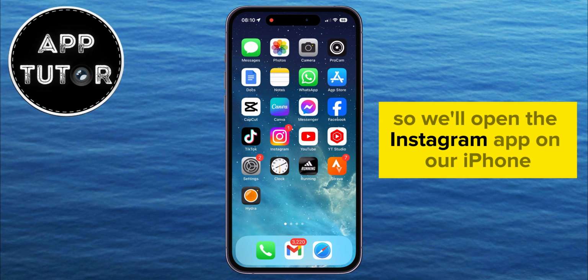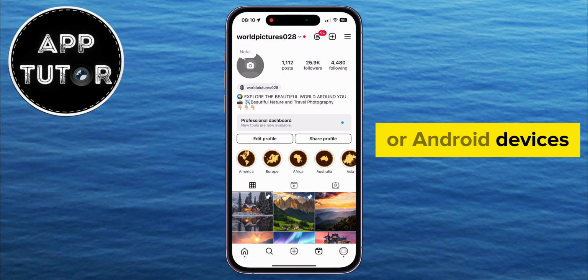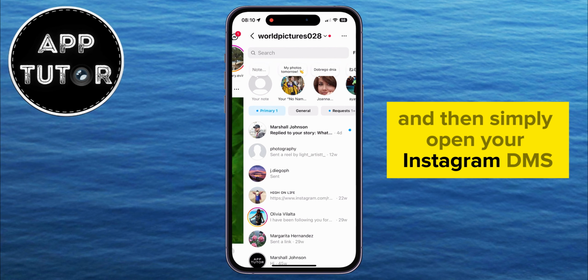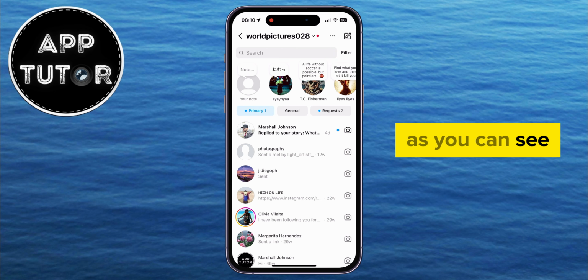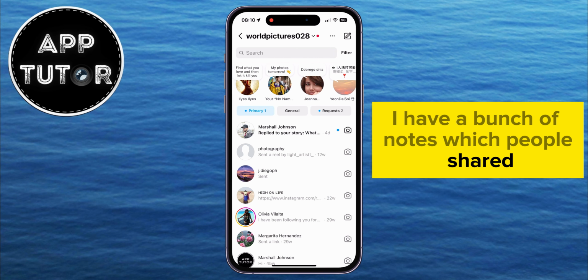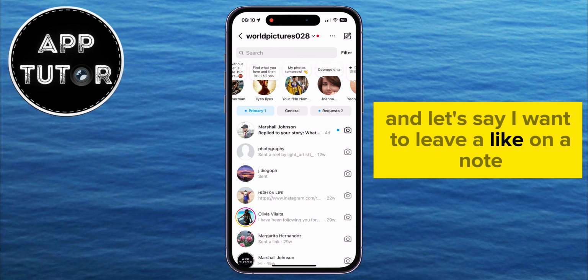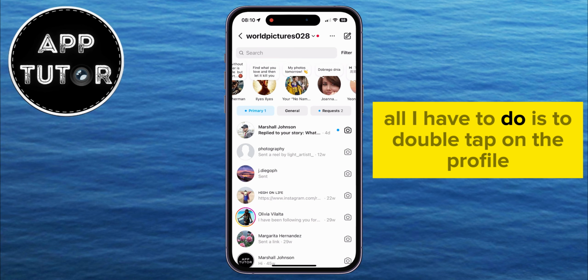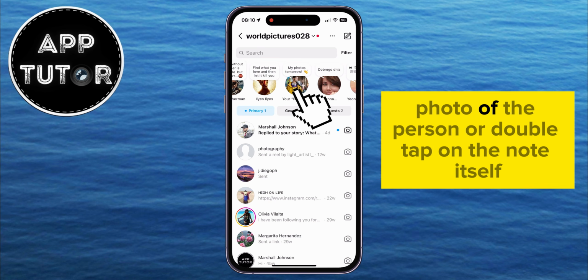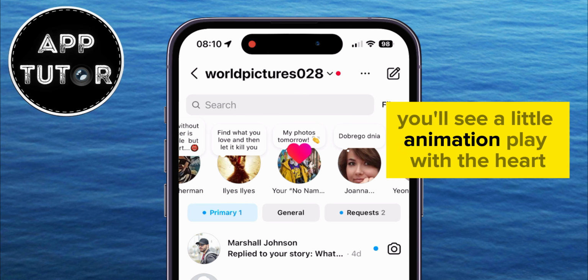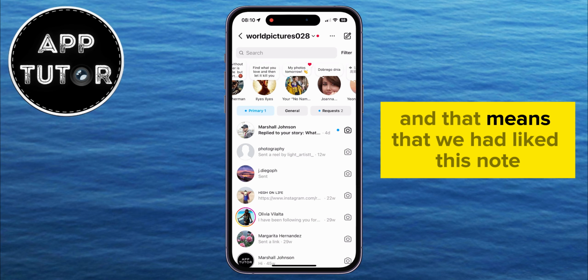So we'll open the Instagram app on our iPhone or Android devices, and then simply open your Instagram DMs. As you can see, I have a bunch of notes which people shared, and let's say I want to leave a like on a note. All I have to do is to double tap on the profile photo of the person, or double tap on the note itself. You'll see a little animation play with the heart, and that means that we have liked this